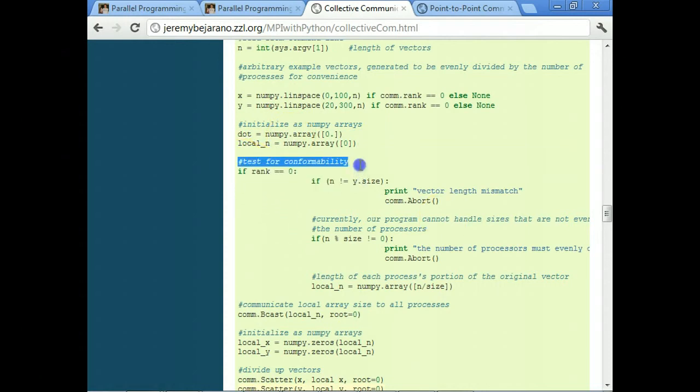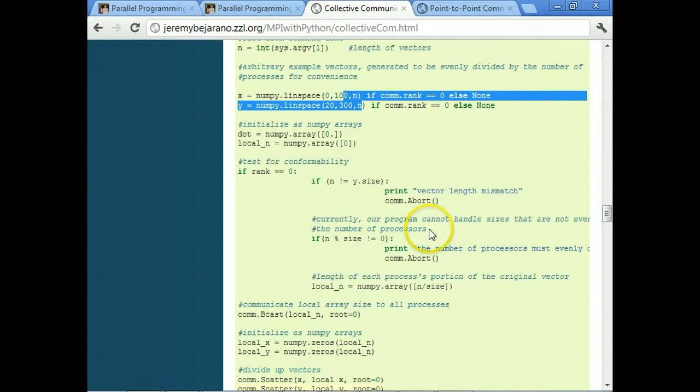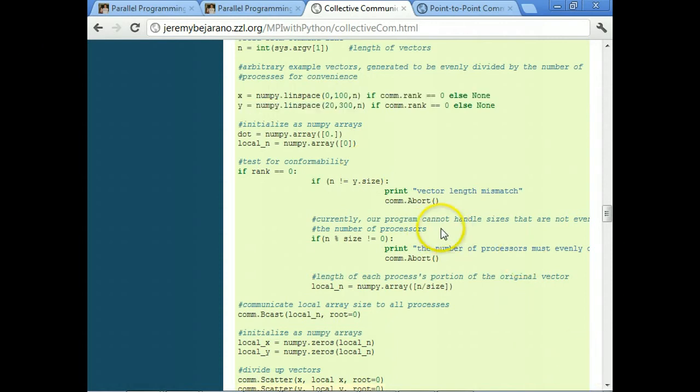I'm going to run a quick test for conformability. So I want to make sure rank 0 is going to do that. This is just to make sure that the x and y are the same vector length, but that's a little extraneous because I have them equal to each other anyway.